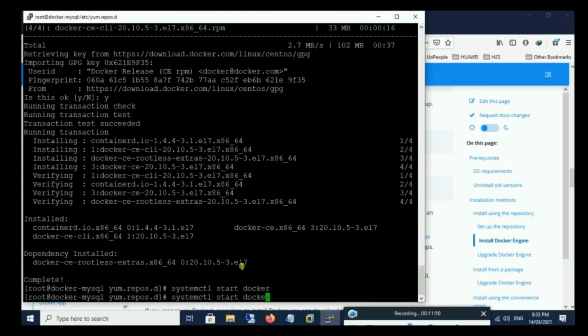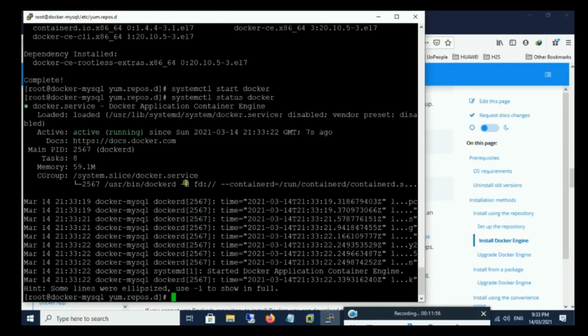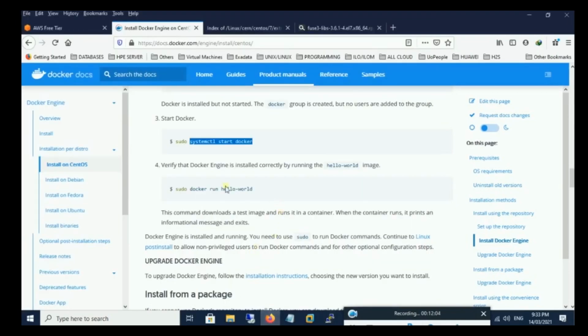Alright, it started. So now let's see the status of Docker. Systemctl status docker. As you can see, Docker is up and running. That's very good. Now we can run the hello world Docker command.